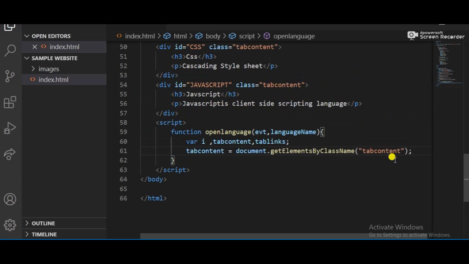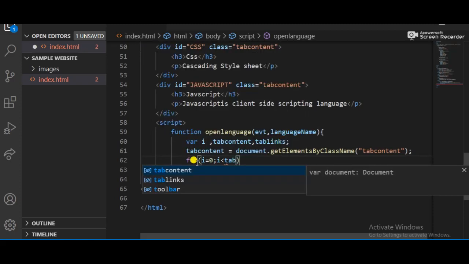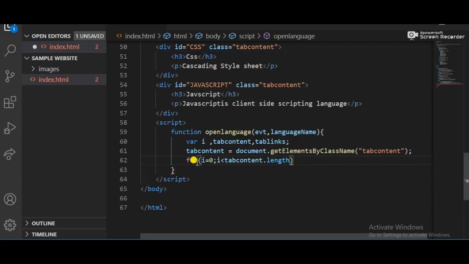Okay, so I just need to make a simple loop to make it more effective. I just make a simple for loop. In this for, i is equal to 0 and i is less than tabcontent dot length, and i incremental operator.